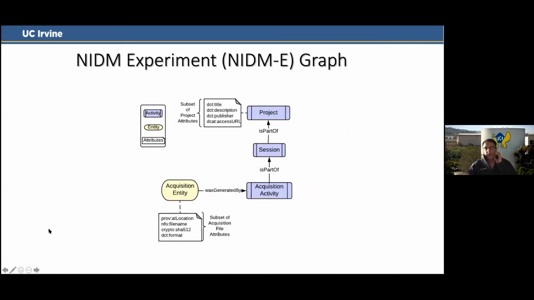And so just to give you an example of the NIDM experiment object model, it's a simple object model. It builds off the PROV vocabulary. So we have these blue rectangles, which represent activities that have a start and end time. These blue boxes could be one activity in your linked data document with a bunch of